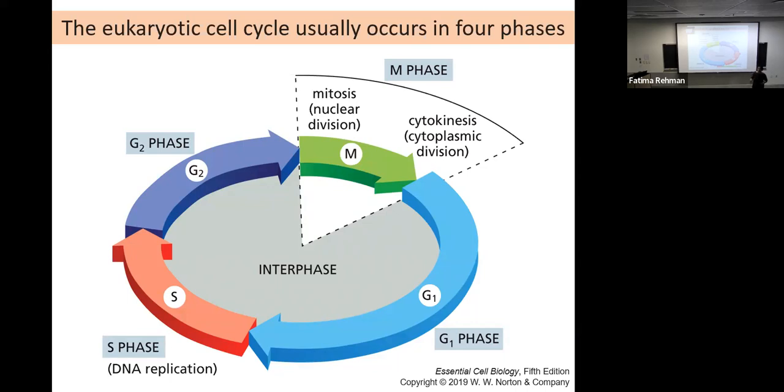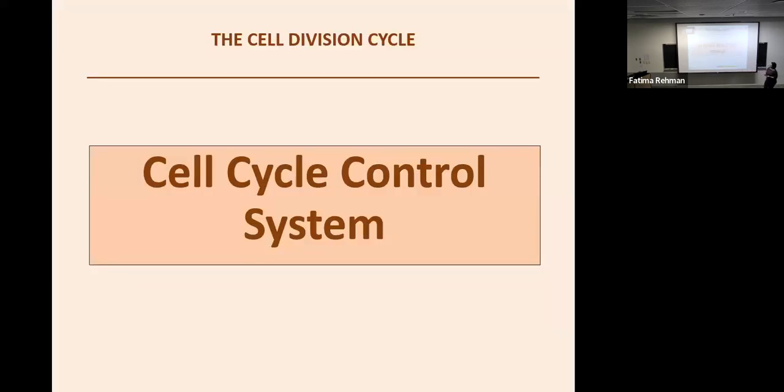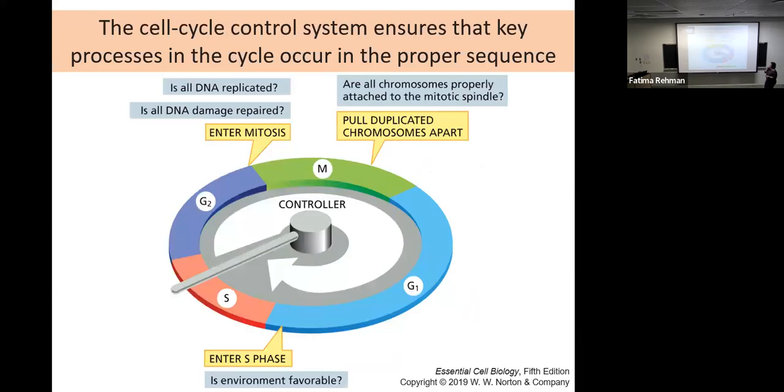If there are mistakes, they're going to be fixed. You again examine the environment and make sure that the environment still needs more of you and you still need to be dividing. And then the shortest phase, but again, one of the more important phases, is the actual M or mitosis phase, where you get the nuclear division in mitosis and then the cell division in cytokinesis so that you can have the 2 daughter cells creating from that. So what controls what happens when is a series of proteins and transcription factors.